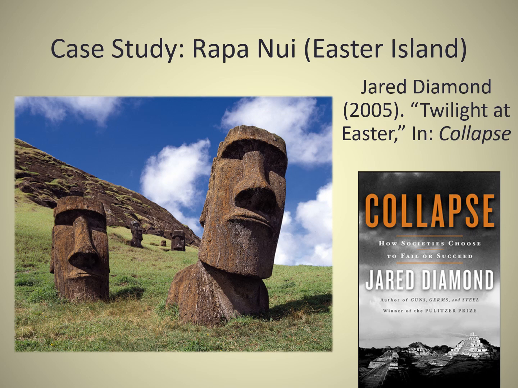But what Diamond says, as the different clans were competing with one another, trying to build ever more elaborate and bigger statues, the way that they were moving these statues around was using logs chopped down from the forest to use as rollers. And so as they built more and more statues and were competing, they would have had to cut more and more of the forest down to transport the statues. They would have also been cutting the forest down to create agricultural land and also to build sea vessels to go fishing with. Also, through deforestation, there's less and less of a habitat for the wildlife that they used to hunt and gather. And so essentially, deforestation in pursuit of the religion and building these statues became the reason for